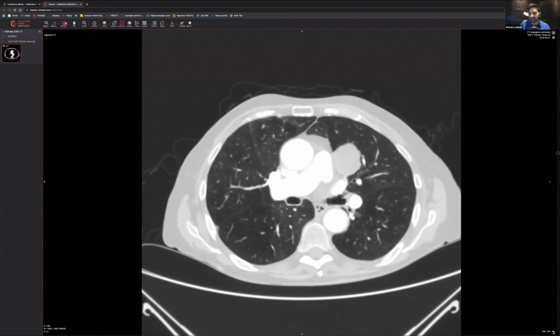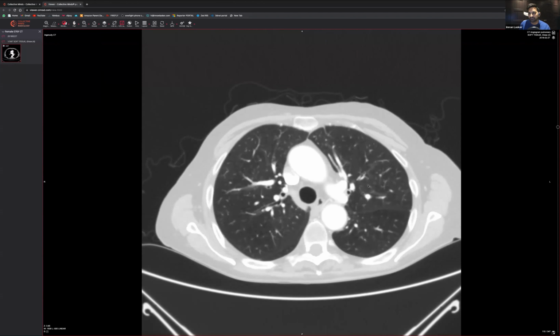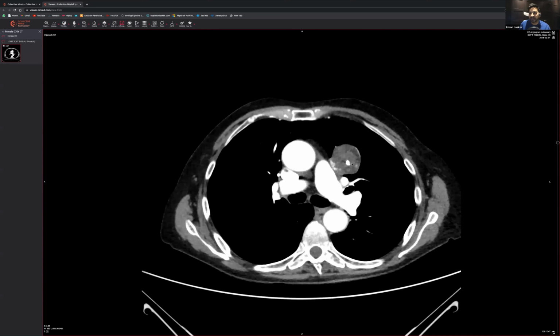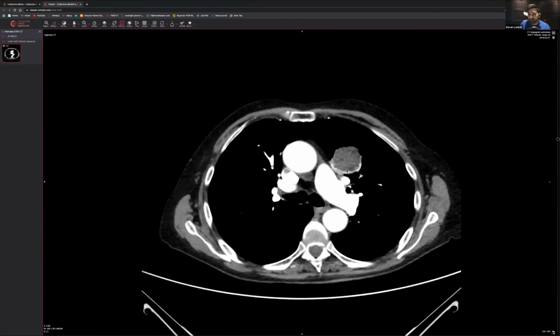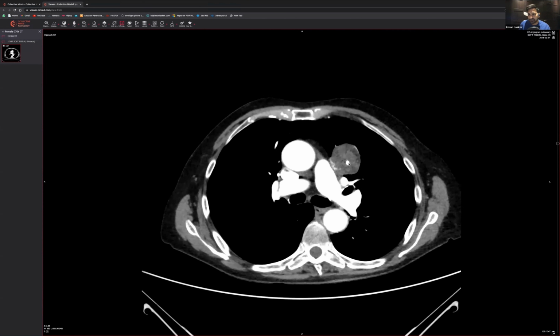Which lobe is it? We're in the left upper lobe, because you can see the oblique fissure there, and sitting above that oblique fissure is this lesion. If we go back to the soft tissue windows, you can see the vessels go around it. You can see that it's not invading the vessels. So that must mean it's been there for quite a while. There are multiple calcifications located within it as well.